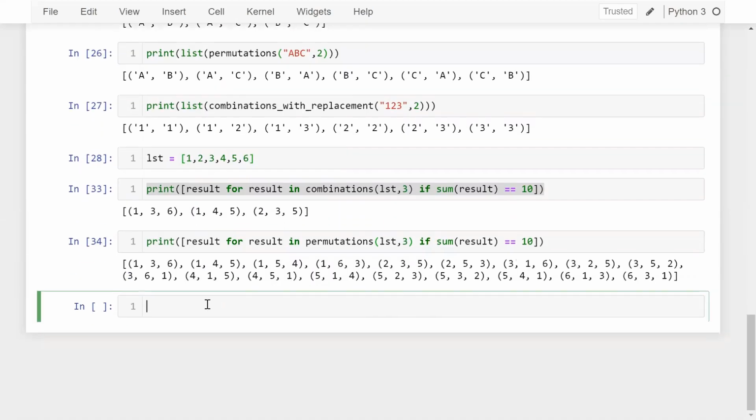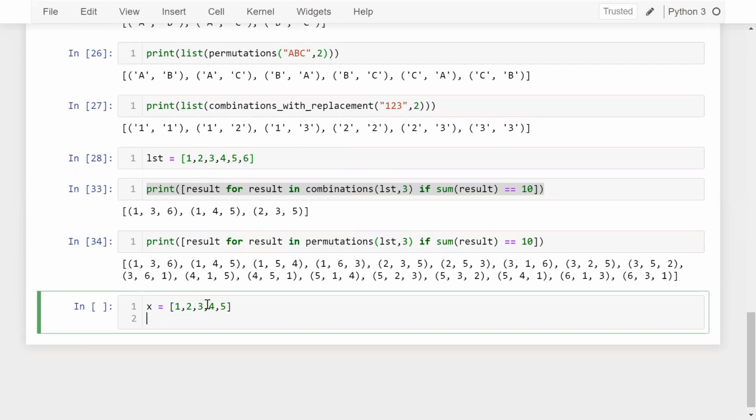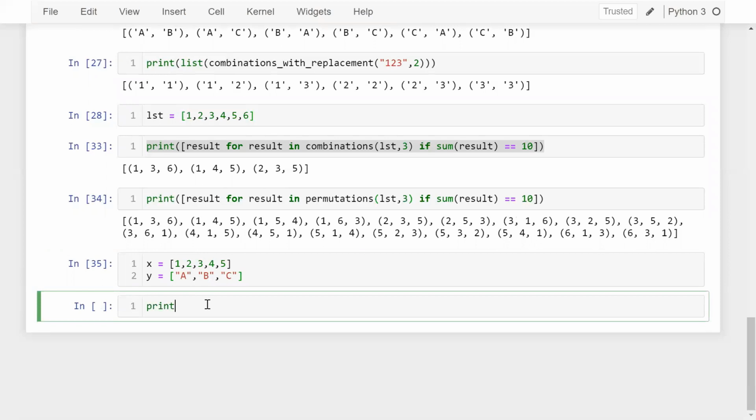Simple: let's say I'm taking two lists, x is 1, 2, 3, 4, 5, and y is A, B, and C. Now I am going to specify print list and zip_longest, and here I define x comma y. So guys, this method continues until the longest iterable is exhausted.